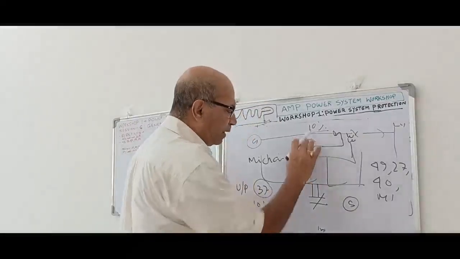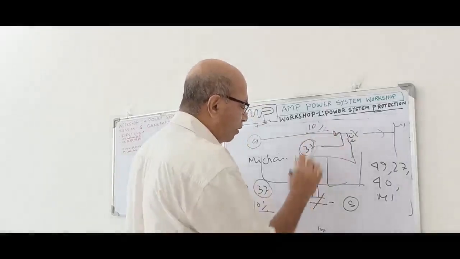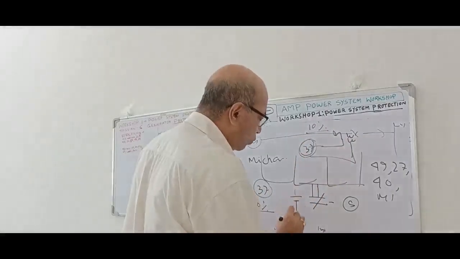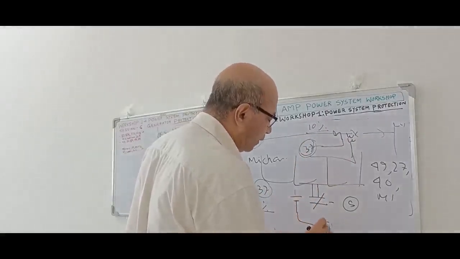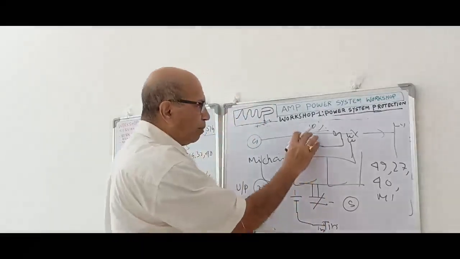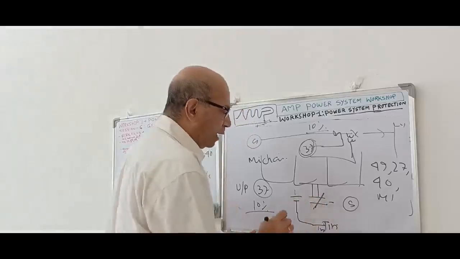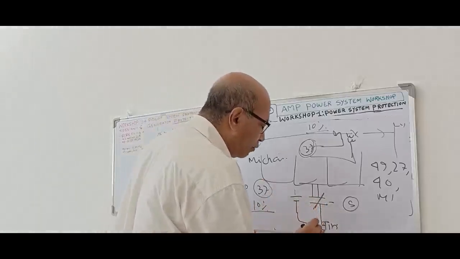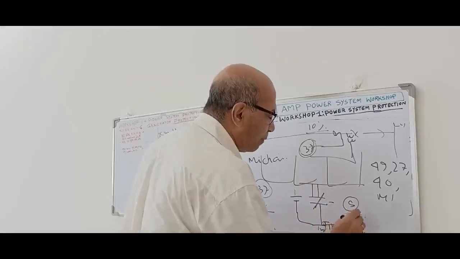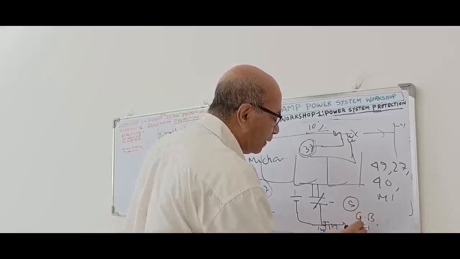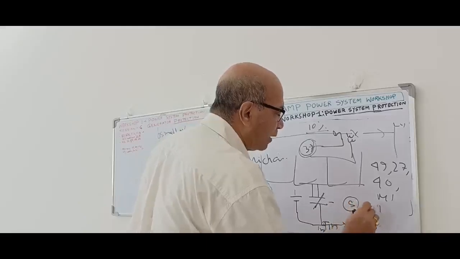That means when the relay is picked up, this is NO. Okay, in normal condition, this contact is NO, so no command is going for tripping. But the moment the relay drops, power gets less than 10%, this NO contact will become NC, and immediately it will issue a trip command to the generator breaker, field breaker, yeah, and then it will give the turbine trip.